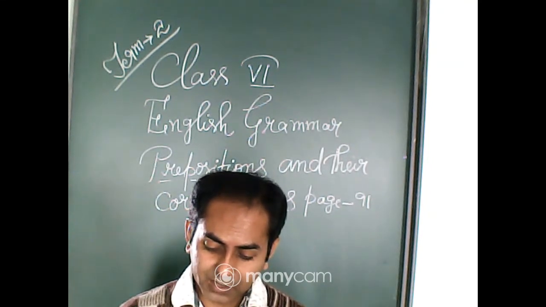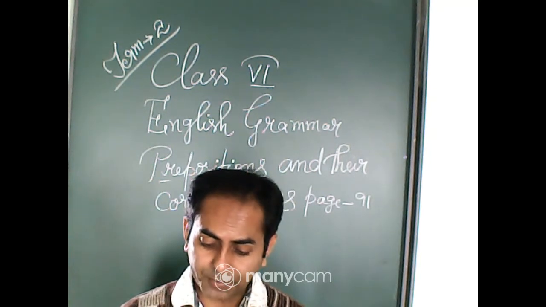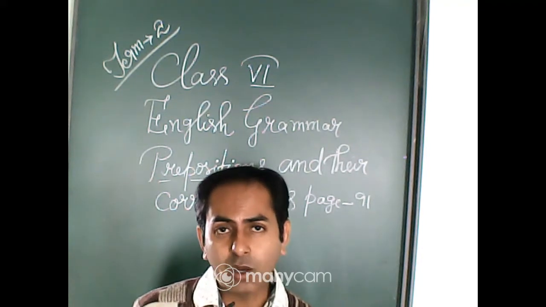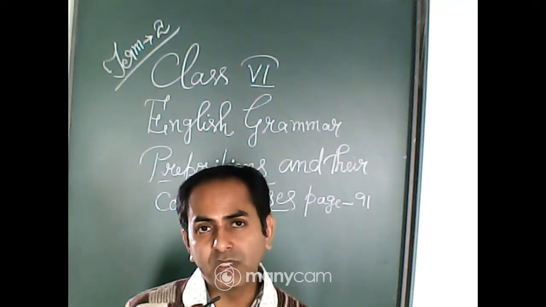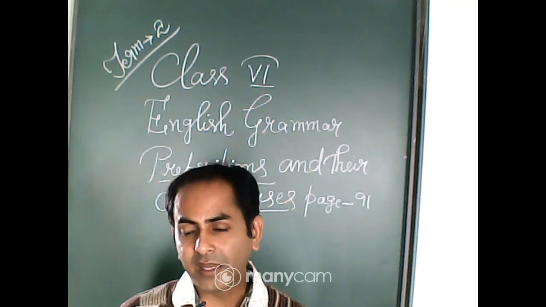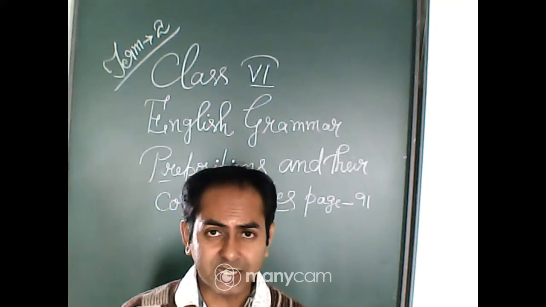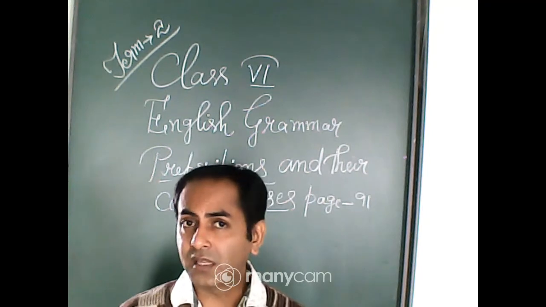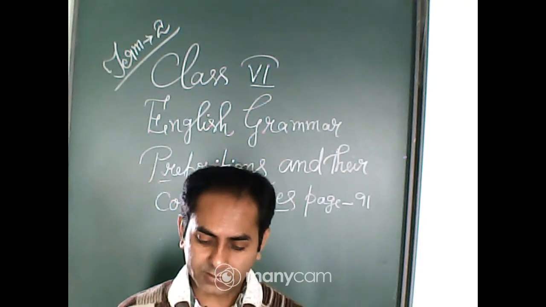The pencil is kept at the center of the box. Here at indicates a particular point or sometimes a meeting place. So a particular place, not just the box. When I say the box, it can be any place, at the corner, at the edge, because here it is written the pencil is in the box. So the pencil can be anywhere inside the box, at the edge, at the corner, at the center, anywhere. But whenever I mention at the center, that means it is kept at the center, not at the edge or at the corner or at the side, but just at the center of the box.